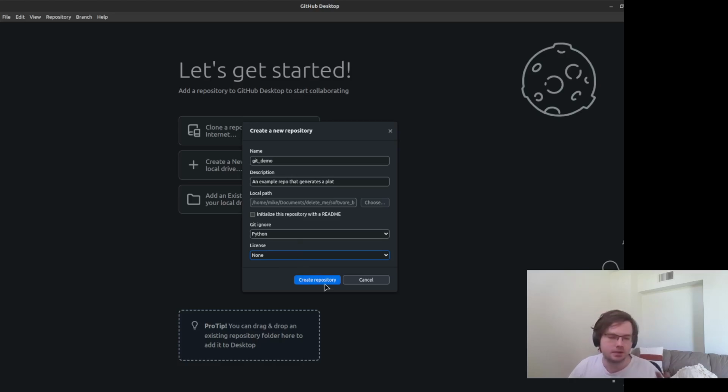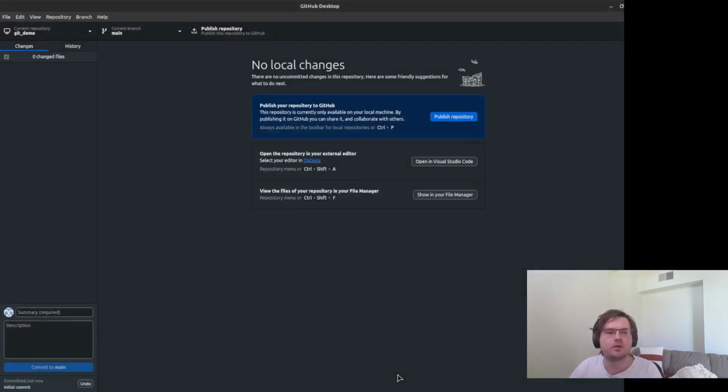In this case, this is something that I'm showing online. I don't really care at all. So I can, for example, just select the MIT license, which is a fairly open license, which allows this to be an open source project. So I'm now going to click Create Repository. So you can see that it just flashed up a quick screen there, which was actually committing all of the first changes to my repository. So what that just means is it was saving the state of my code as it is right now.